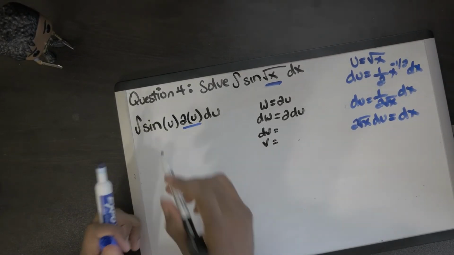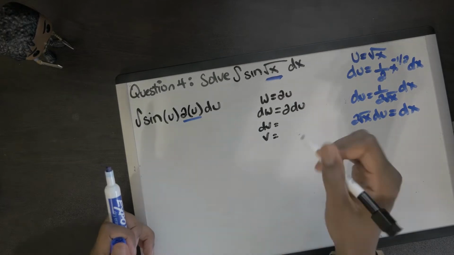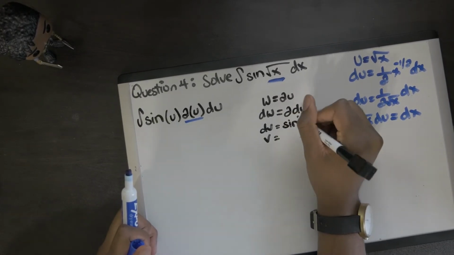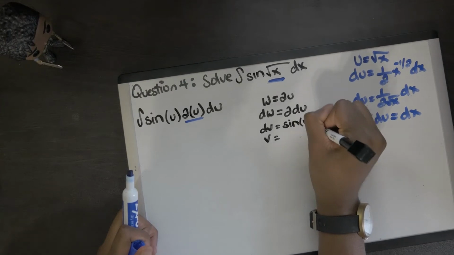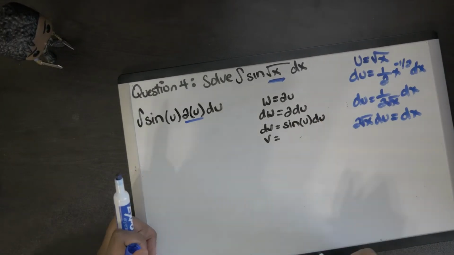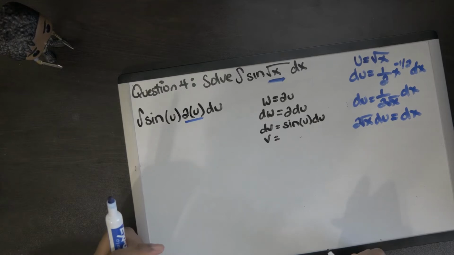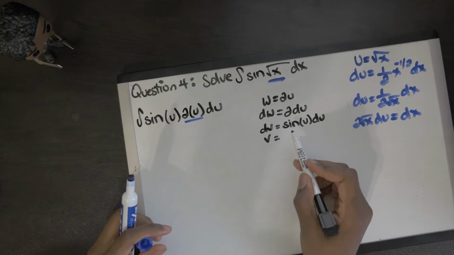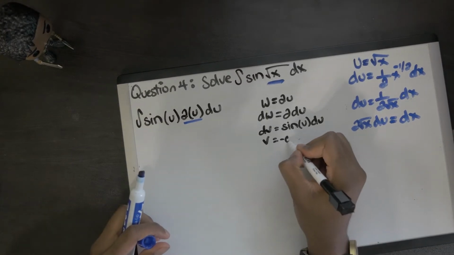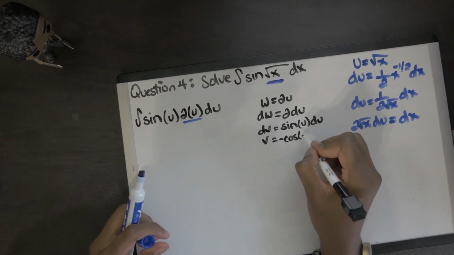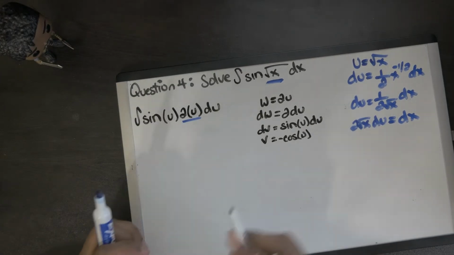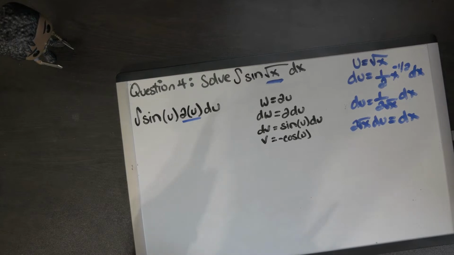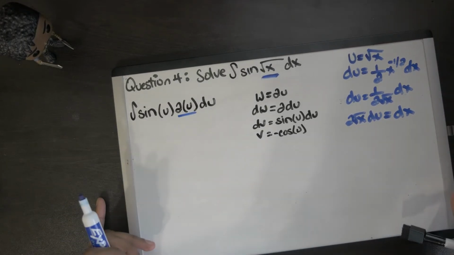Now, dv we'll use for the other end, which we have is sine. So we'll do dv equals sine u du. Okay? And then at that point, we know that the antiderivative of sine is negative cosine u. Okay? So, hey, like I said, we're cooking with oil at this moment, so we're getting somewhere, but what's